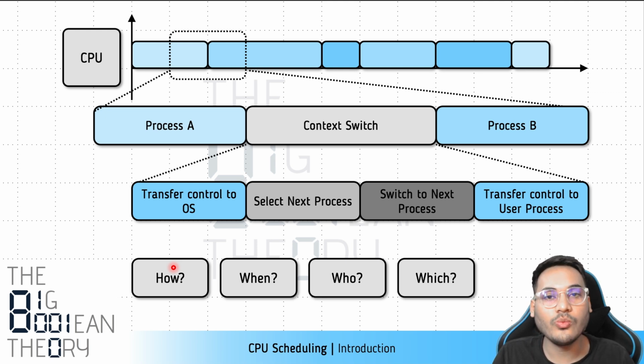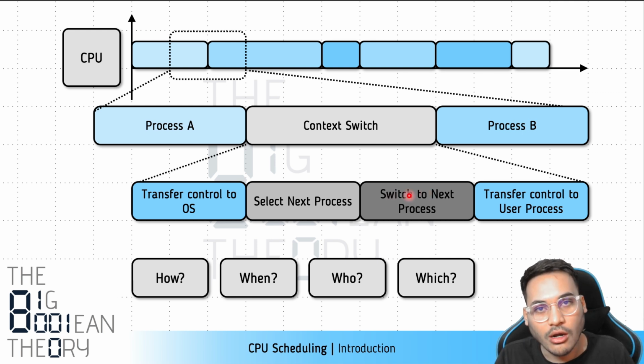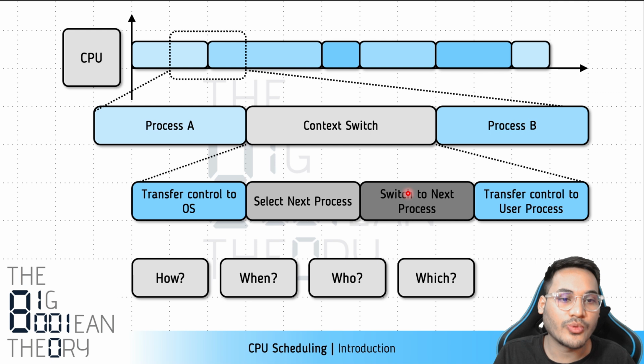When we talk about the how part, we first have to have mechanisms in place which make a switch possible, and for that there should be mechanisms to transfer control to the operating system. Then we should be able to switch to the next process. That is the things involved when we switch to another process. We have to carefully halt the running process, resume another process,